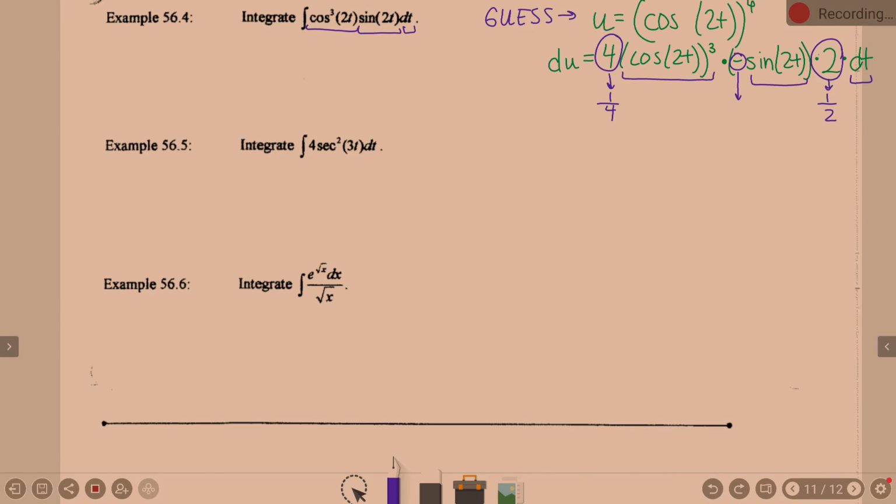What will you multiply a negative by to get a negative to cancel out? Another negative. Does that work for you? So I have a 1/4, a 1/2, and a negative, which all multiply together to be negative 1/8 times my guess, which was